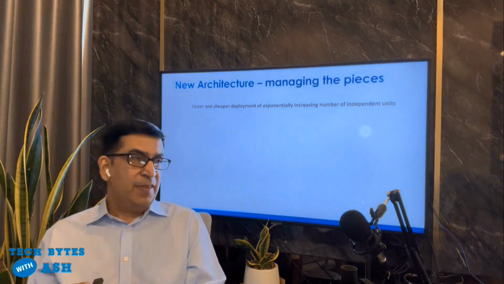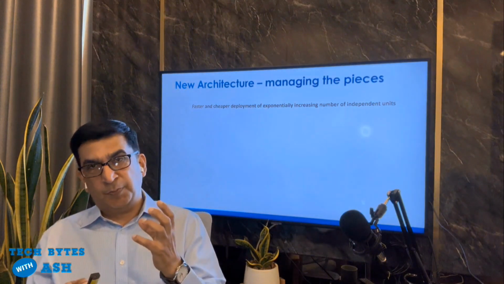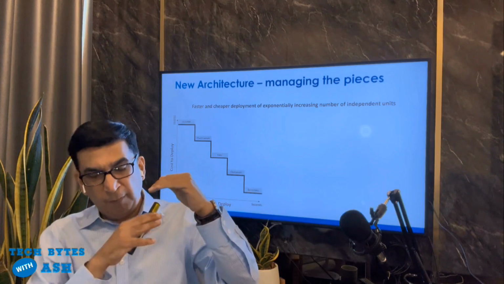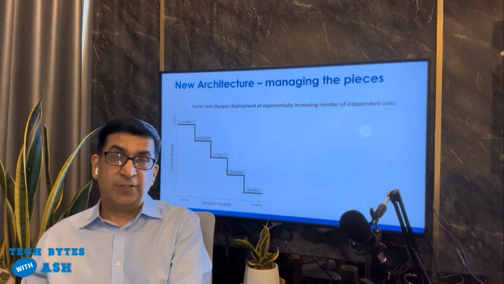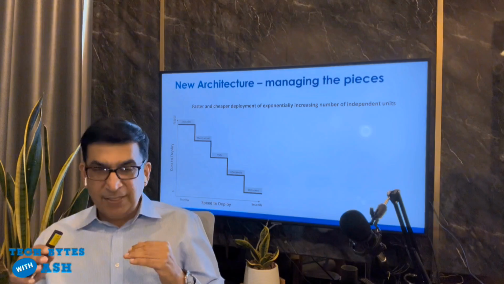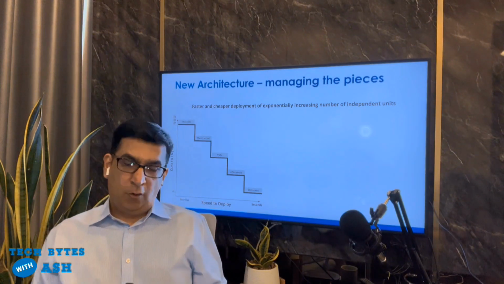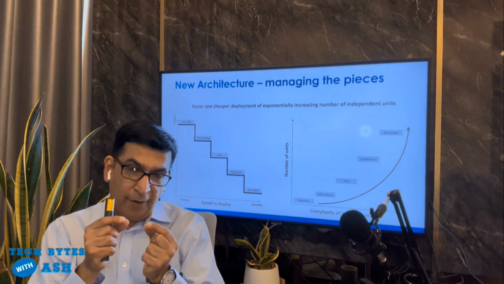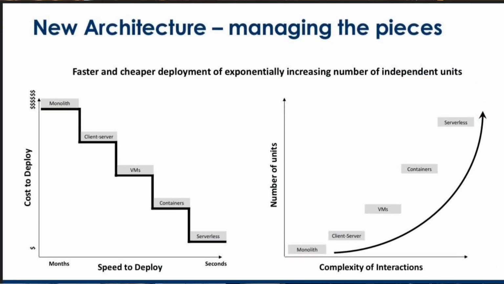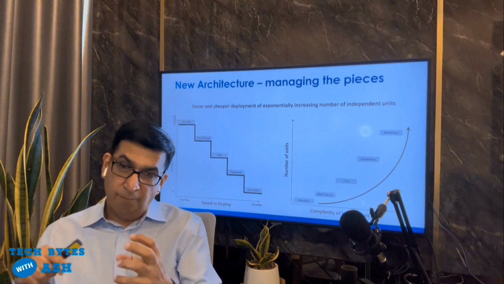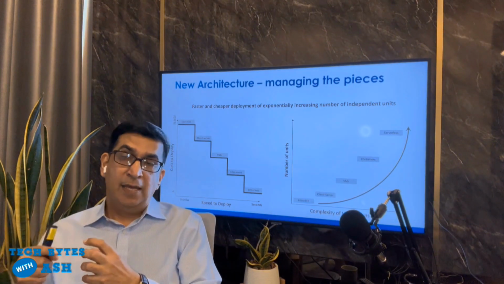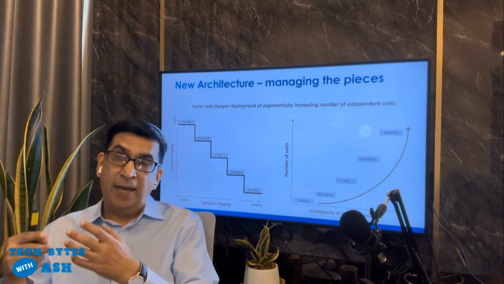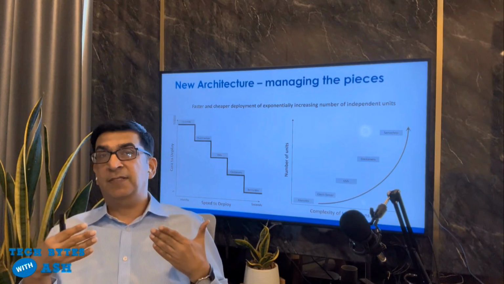The key here, though, from a technology architecture perspective, is to understand that as technology evolved, it went from monolithic to client server to VMs to almost like serverless. So your speed is changing, your costs are changing, but also what is changing is the complexity. Now your software is in very small granular pieces, and there are a lot of pieces to be integrated, talking to each other, so that the customers can use it, and then leverage cloud computing or edge computing to be able to do the same very seamlessly, because the customer doesn't care, frankly.